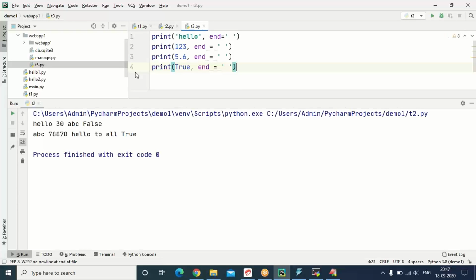Ending a statement with a semicolon is very optional. Control Shift F10. In the same line, the second approach is widely used.